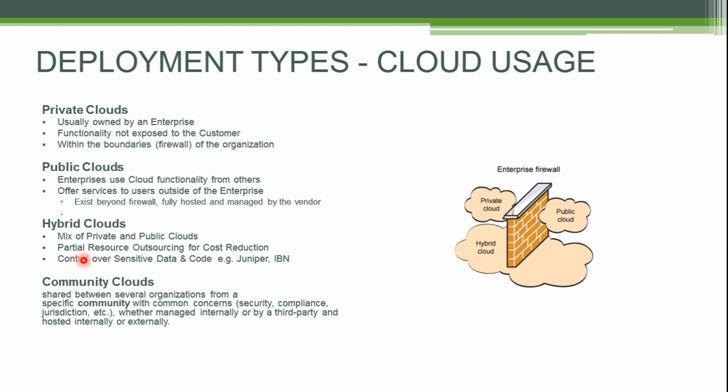So, for example, if all the doctors of Bangalore decide they should have a cloud, they will form an organization, and that organization will create a cloud and give access to all these doctors. That's a community cloud. So a community cloud is a cloud created by a particular community with common goals in mind. These are the four types of cloud deployments.